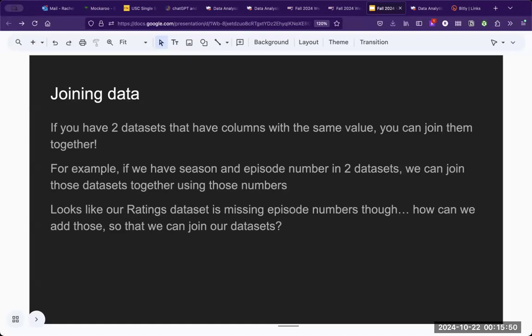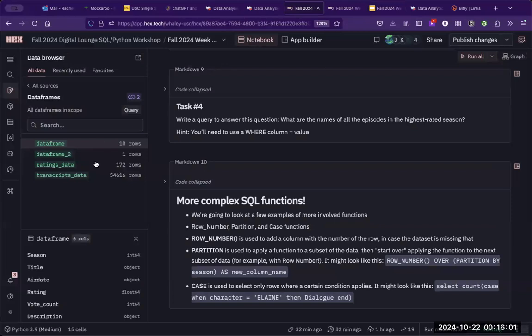So we just want to look for these pieces of information that overlap. That's how we join data together. So if we were going to think about joining our data sets together, we would want to look for those columns. So if we go to our data browser,